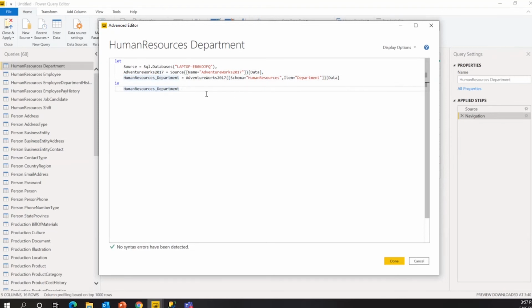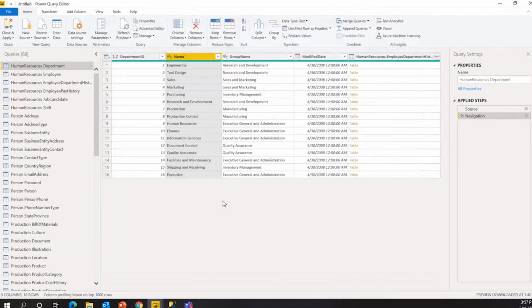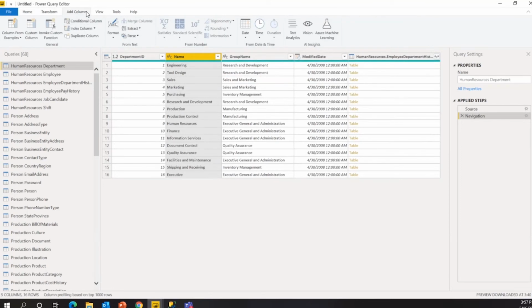It will give you everything, and using this you can also enable parameters. I didn't prepare a demo for the parameters section here, but if you start working with this and want to explore this feature, you remember this: you can come here and add the parameter in your advanced editor, and then whenever you try to refresh, it will ask you for the parameter value, and that's it. You will be able to make the changes. Then you can go with add column. This is a feature which you will see being used very frequently.